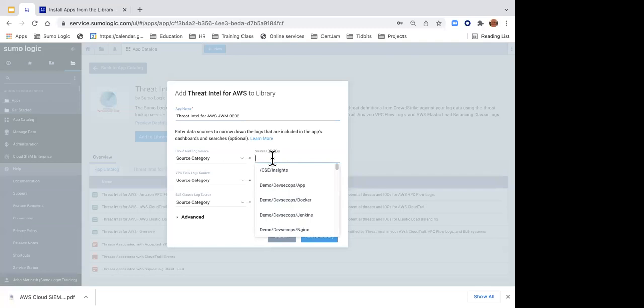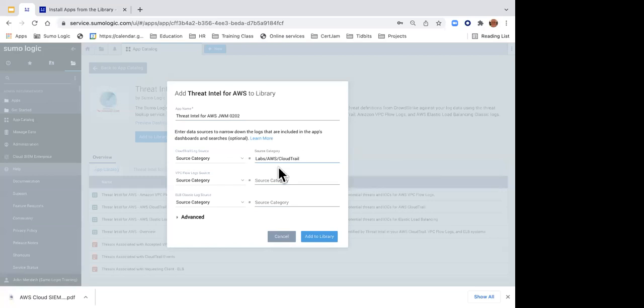When we created our source for our CloudTrail data, we gave it a name of labs/AWS/, and notice as I start typing, it starts trying to help me out by filtering values that match. So my CloudTrail data has a source name of labs/AWS/CloudTrail.